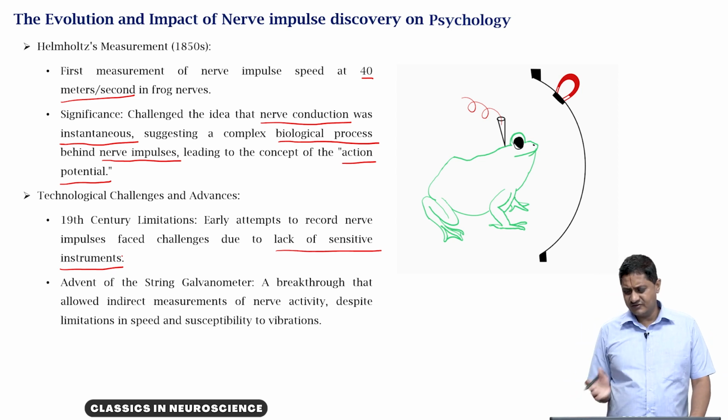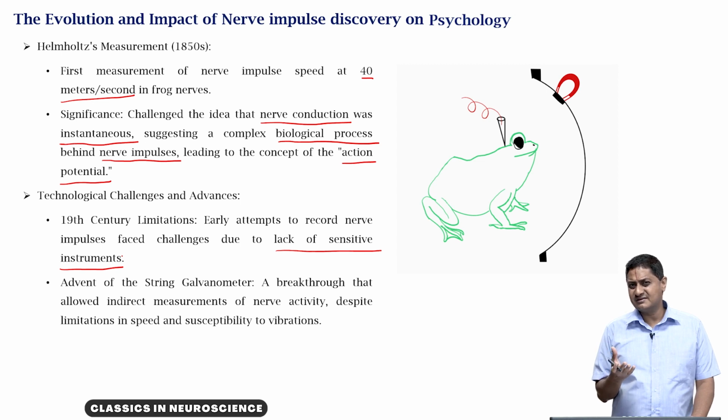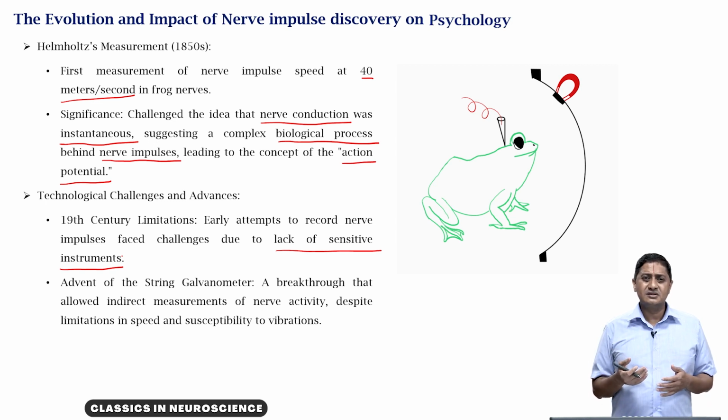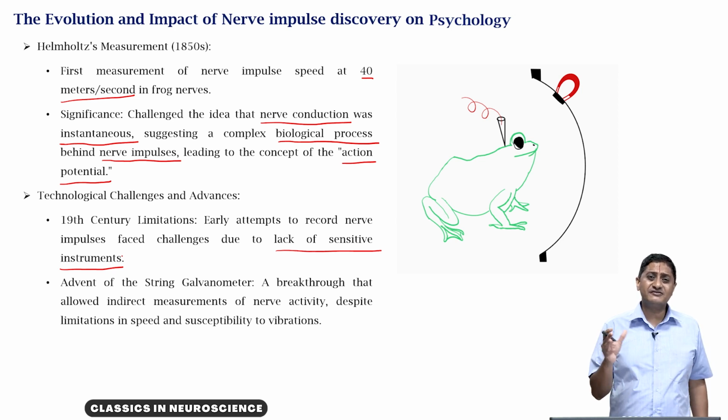That is, the galvanometer was very sensitive to vibrations. If it was kept on a light table, because the earth is always moving, because the buildings are always moving, there is always some vibration. So, you need very heavy tables on which to keep the galvanometer, sometimes tons heavy. The tables may be as heavy as several tons, so that the artifacts of table movements are avoided. This is still a challenge.